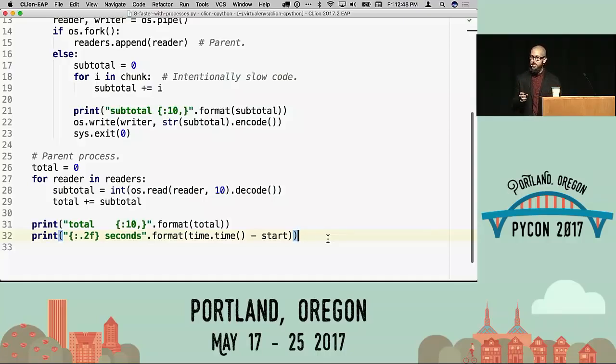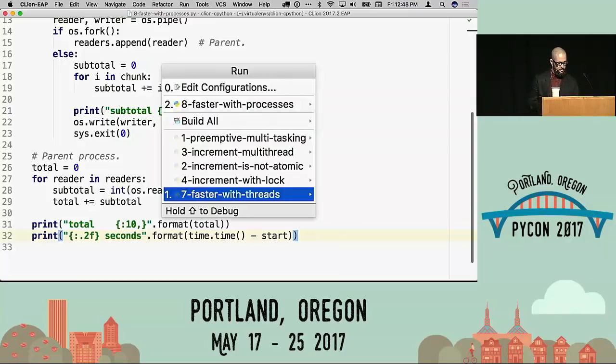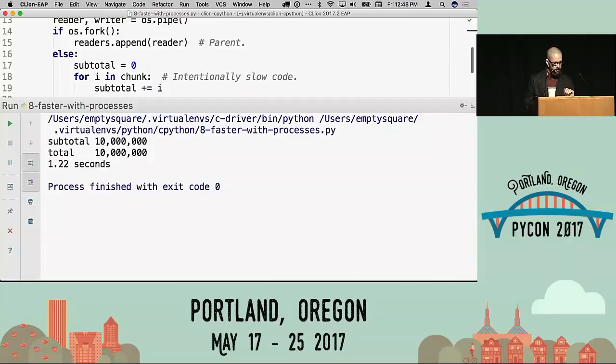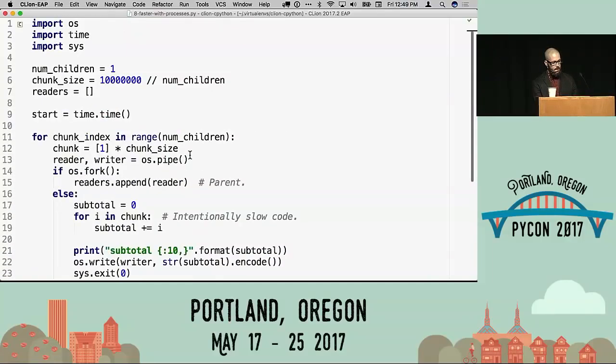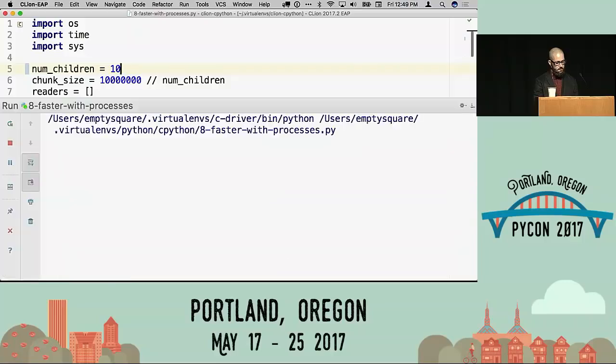So with just one child process, let's see how long this one takes. All right, computers are fast these days. I can sum 10 million ones in 1.2 seconds. And now, what about parallelism? What if we go to 10 children instead? We were 1.2 seconds before, and now,